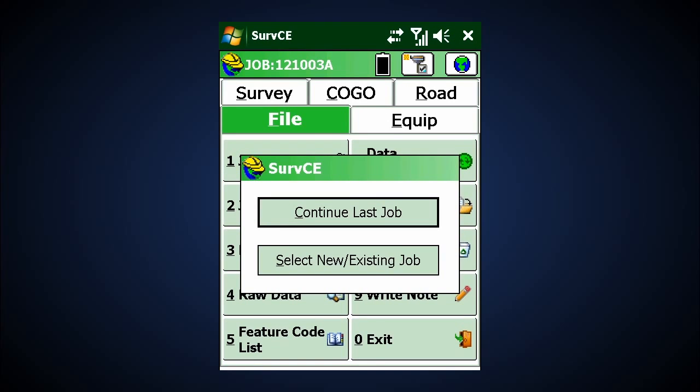When you open NavCom SurvCE, you are presented with two options. The first is to continue your last job. This option will automatically open the last job used by that copy of NavCom SurvCE. The second option is Select New Existing Job. This option allows you to create either a new job or select one from a list of jobs already stored